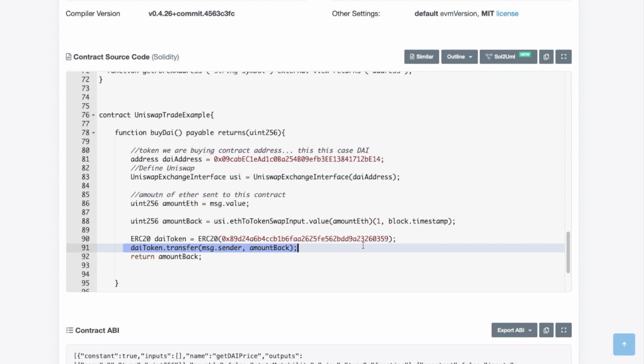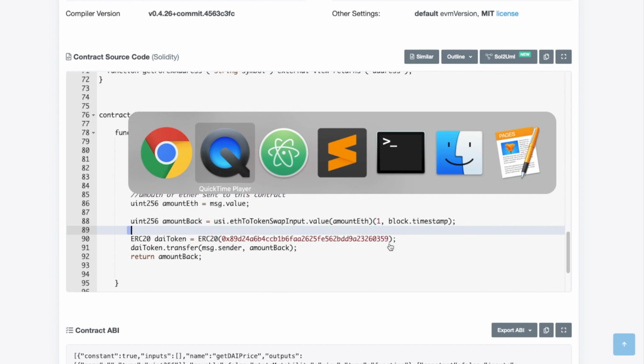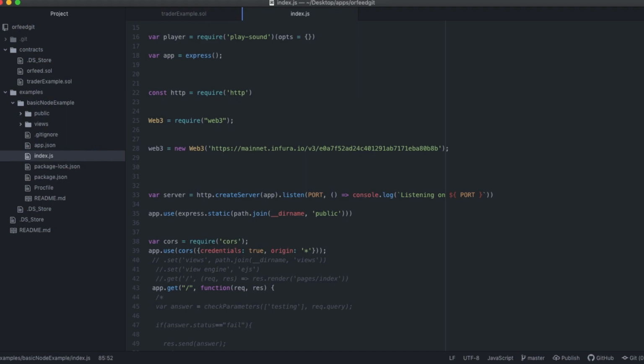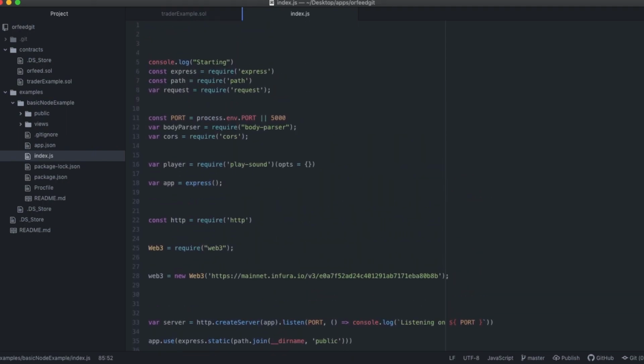And the cool thing about this is that we can then later take the same token and trade it on another exchange right after. So we can buy it on one exchange cheaper and then right after sell it on another exchange more expensive. And we can then automate the finding of this and the execution of this using our Node application, which looks like this. So this is our application that's actually going to call our smart contract, and we'll also talk about how to put that on the cloud.